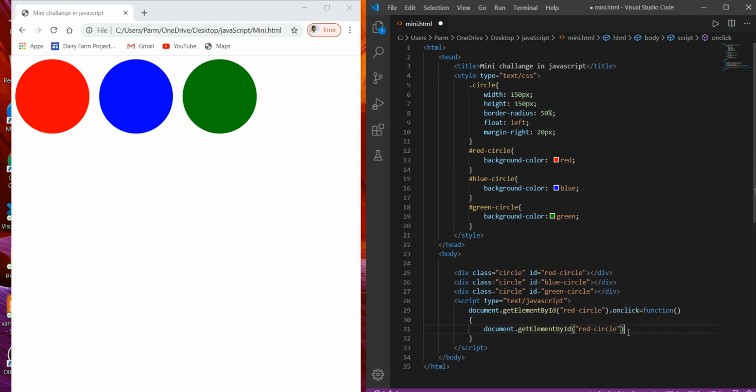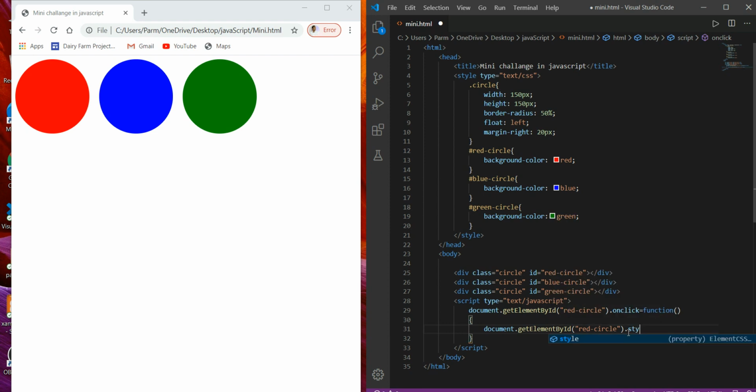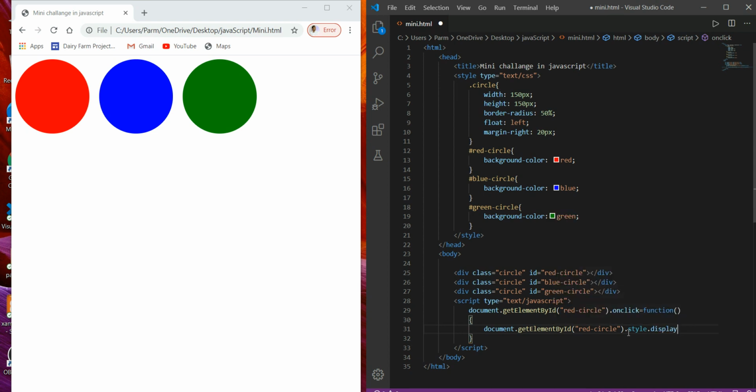Now here we have to use style, then the display property of CSS, and set the value equal to none. Okay, done with this.